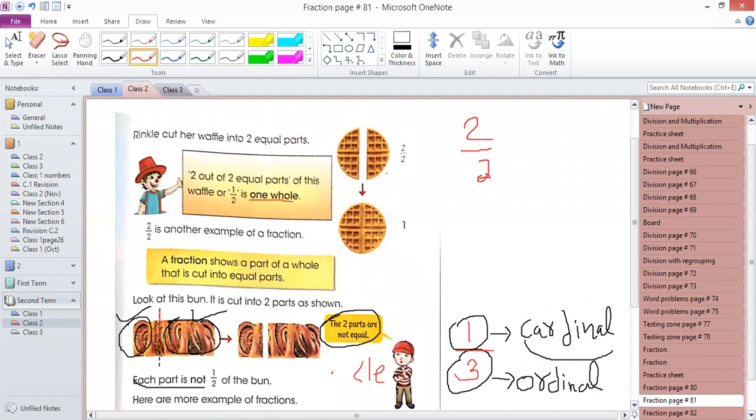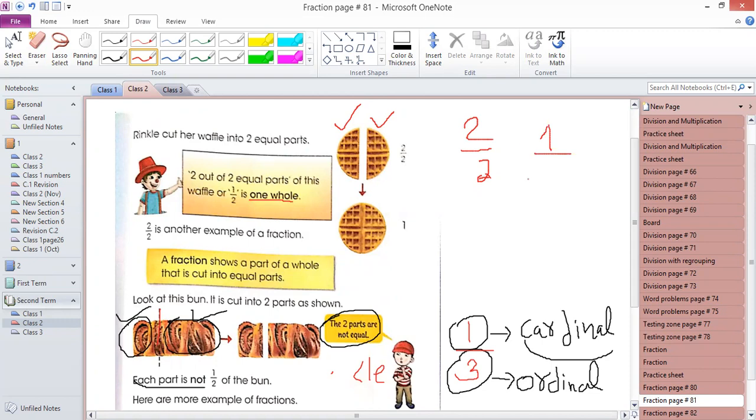For example, this biscuit: Bubble divided it into two parts, but she ate two parts alone. She did not share any part with Twinkle. She ate both parts. That means she ate a full biscuit, a whole biscuit. She did not share any part of the biscuit with Twinkle.